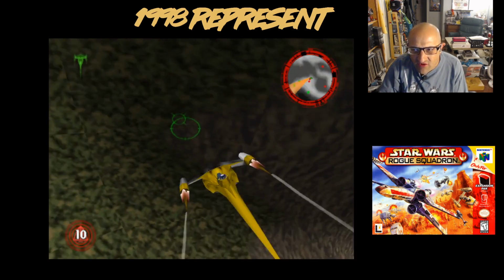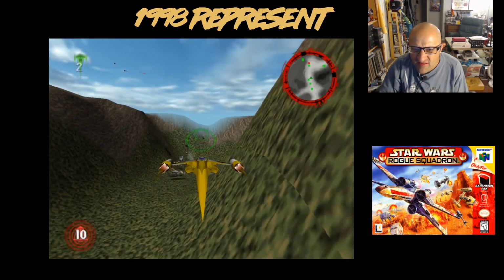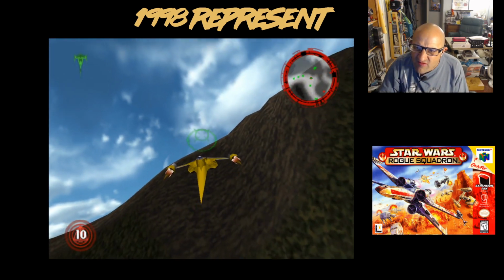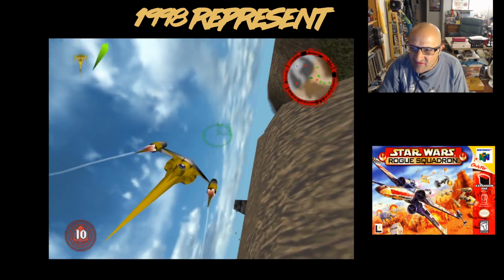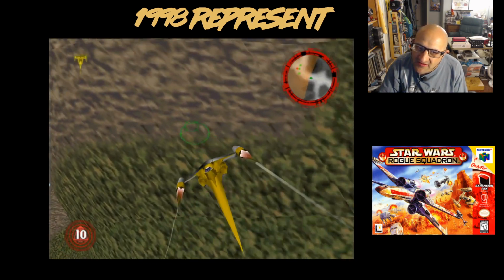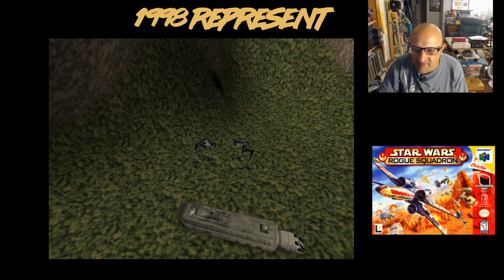We got AT-STs as well. Oh, I just crashed. All right, great. Oh, jeez. I don't think the N1 is the right ship for this level, but let's see what we can do. Well, the AT-ST got taken out, but I also crashed right into it, so...